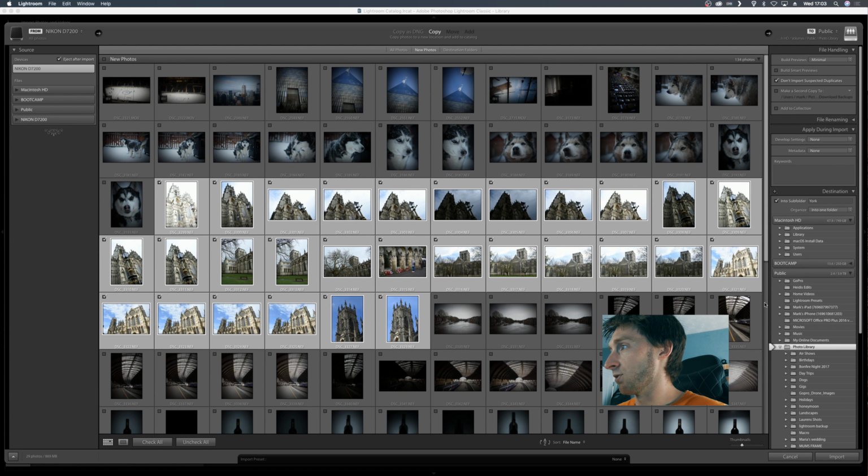So for my file system, what I use is an external hard drive which is on my network, so I can access it from all my computers, which is called public. On the public hard drive there's a folder called Photo Library, and that's where I import all my images to. So with Photo Library selected,